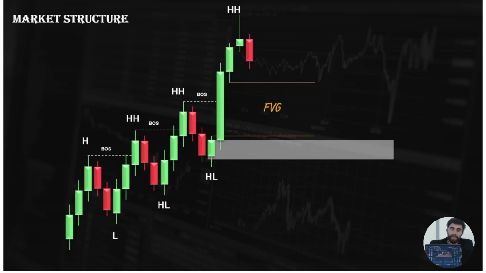As long as we stay above this zone, the demand is in control, and the market sentiment is bullish. But if we get a break and close below this level, we call that a change of character that signals